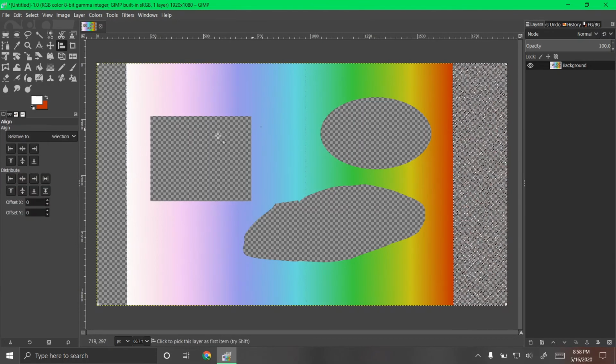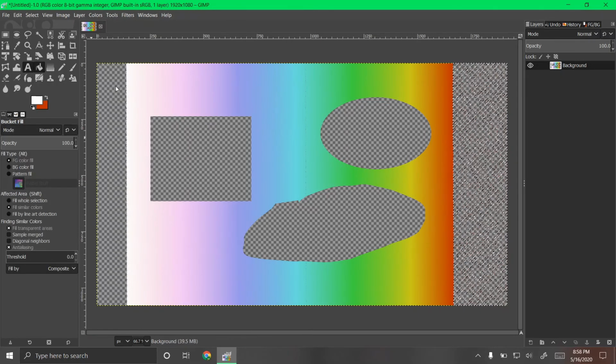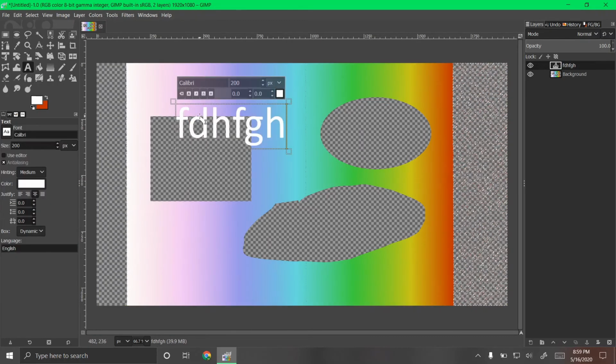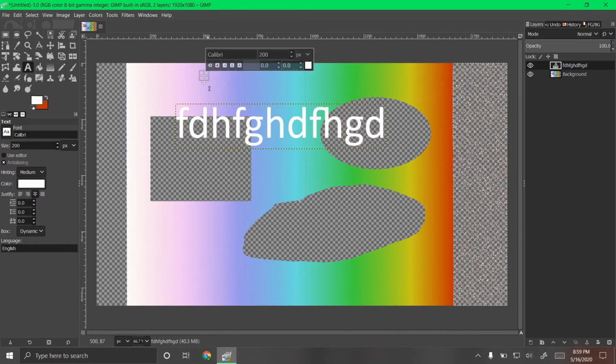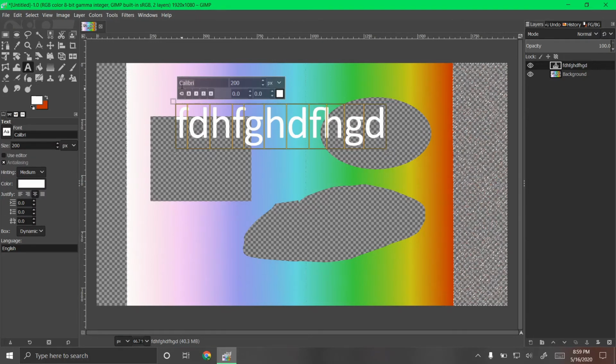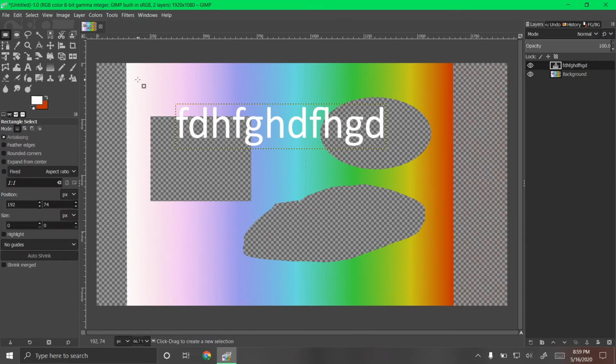There's a tool for centering layers, but because there's only one layer here, it won't really do much. Paint bucket, text. You can type whatever you want. Choose all kinds of fonts from your computer. Size, bold, italics. GIMP is just a really cool tool that you can use, and it's a lot like Photoshop,